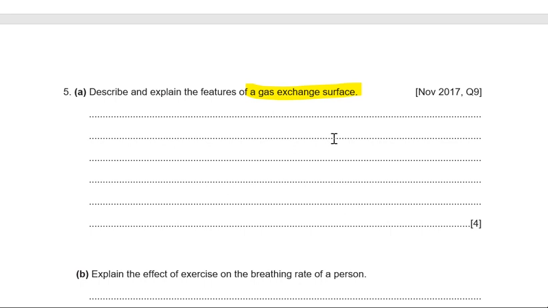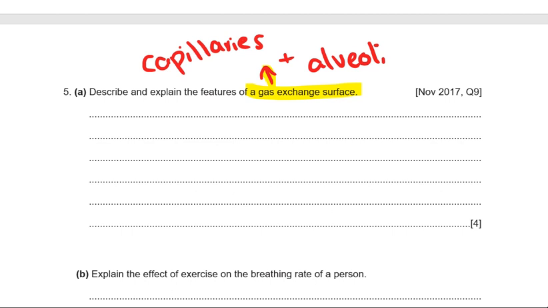And you have to pretty much mention everything, including the fact that when we talk about the gas exchange surface, we are mainly referring to the capillary here, and also the alveoli, because this is where gas, which is your oxygen and carbon dioxide, is actually exchanged. So we're just going to mention how they are adapted to do their job. This is about increasing surface area and all that. So the first one is the fact that